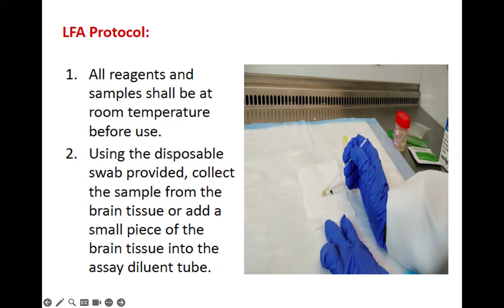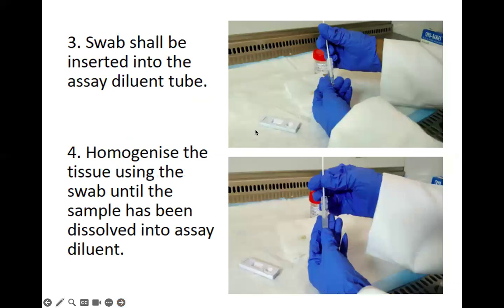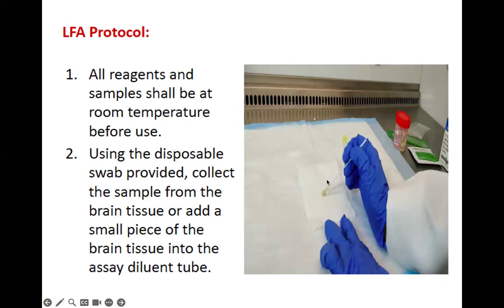So based on this, because they are working with brain samples, okay, they are for rabies. What they did is, using a disposable swab, they swab the brain sample first, and then add a small piece of the brain tissue into the assay diluent tube. So the first step is they swab and probably get some brain tissue and put it in